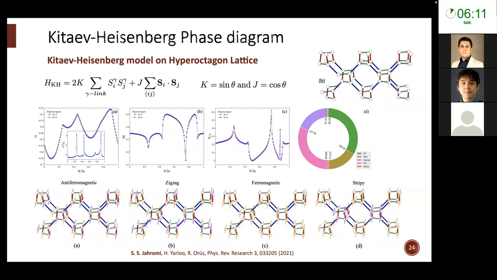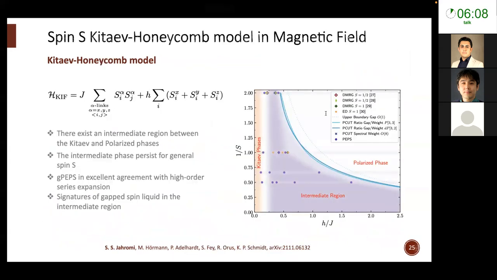So this is also another interesting study, in which we used this graph-based algorithm to study the spin-S, general spin-S Kitaev honeycomb model in a magnetic field. Recent studies show that if you put the Kitaev model in a magnetic field, starting from the Kitaev region and increasing the field until reaching the polarized phase in the high field limit, there is an intermediate region